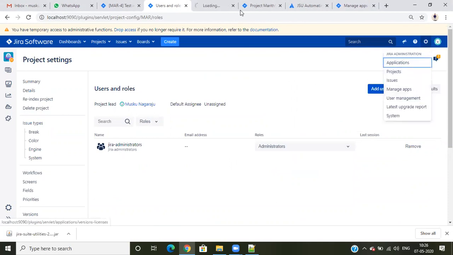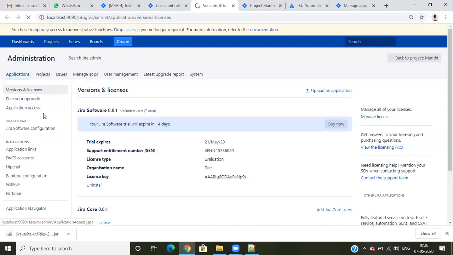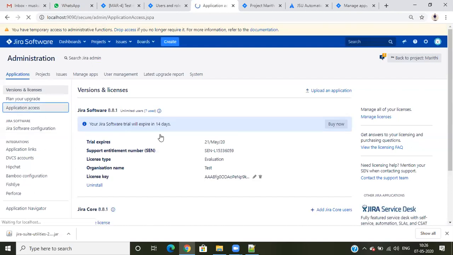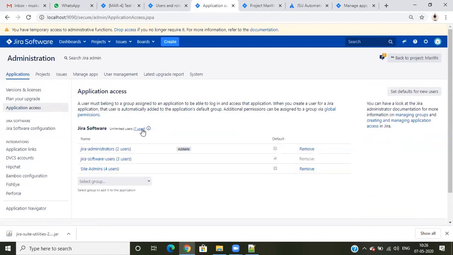All users means, if you go to applications and click on application access, this shows 7 people are used here. The license cost will apply to 7 people. So these are the software users. If you have any groups, you can't count those.